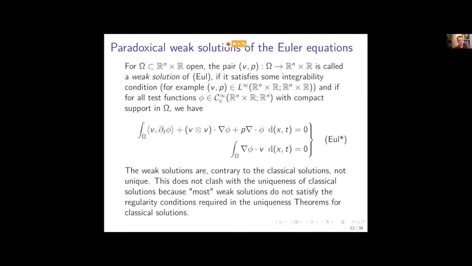How could we meaningfully say that a continuous function satisfies the Euler equations, right? And so this is a very usual approach. This is very similar to what Fabian did last week. So basically, you can say if I have any function, for example, just L infinity, okay? You have a pair of functions, the velocity and the pressure, they're L infinity, they start from space times time, they go into R^n, this is the velocity, and this R is the pressure.